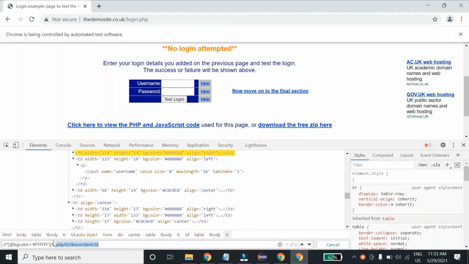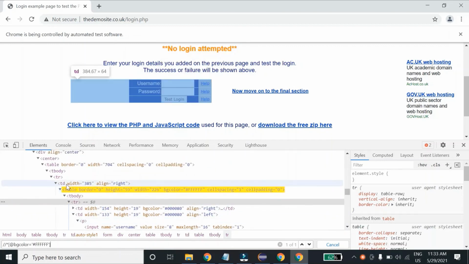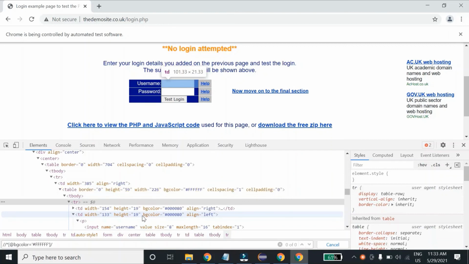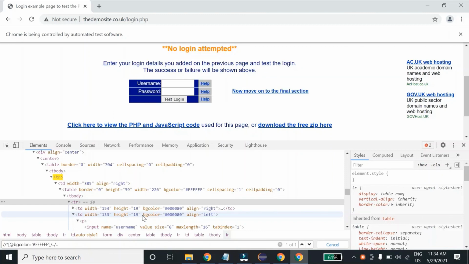And let's say if you want to go to immediate parent node, then what you can do is, let's say it is pointing to this, and if I want to go to this td, then I can put a forward slash and double dot, so it points immediately to the node which is just above that node. And if I even want to go above that, then I can again put a single forward slash and double dot. So these are little tricks which you can use.